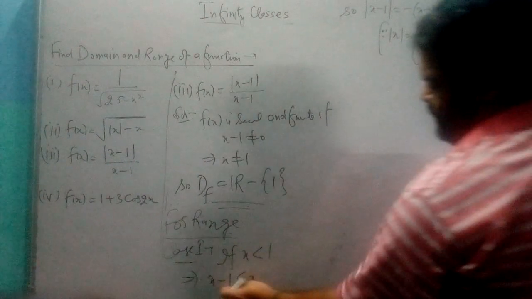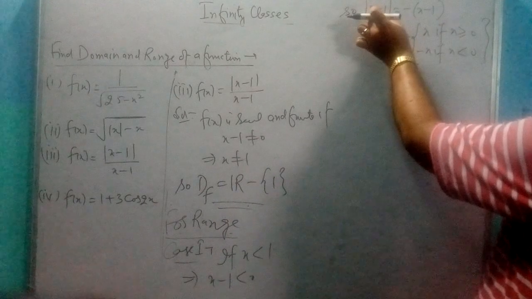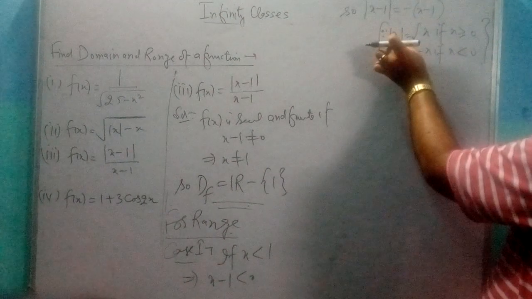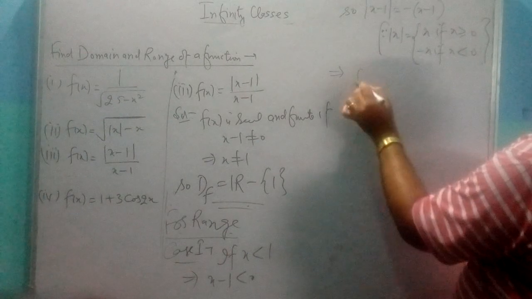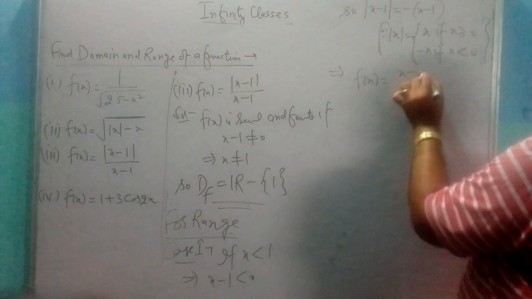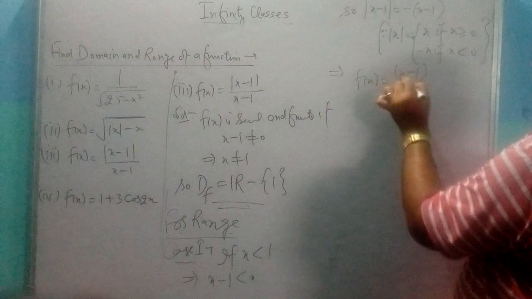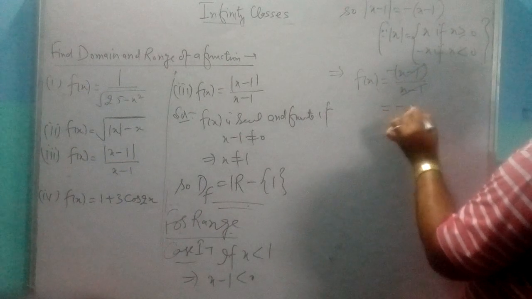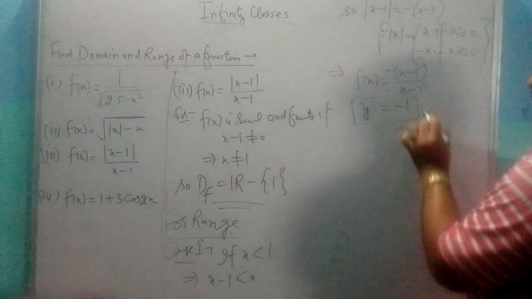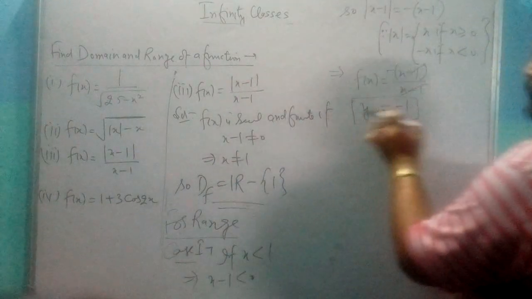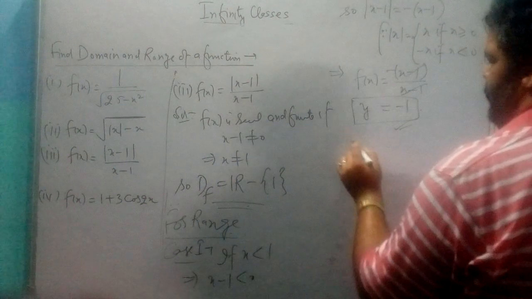Here x minus 1 is less than 0, so its absolute value is minus times inside, implies f of x is equal to x minus 1 upon minus of x minus 1. So value of f(x), that means y, is minus 1. When x is less than 1, the value of y is equal to minus 1. Case 2,